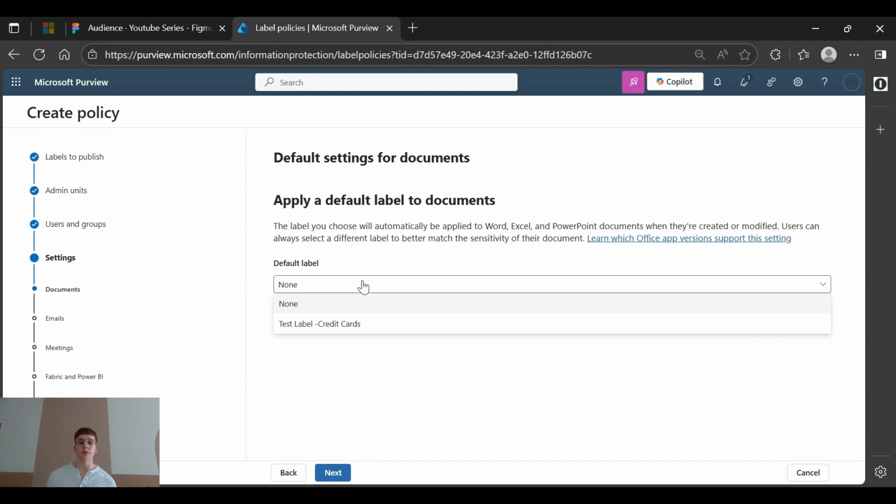So what we have here is a default label, guys. So this is essentially by default. Any documents that contain my credit card number or any document that is applied to my